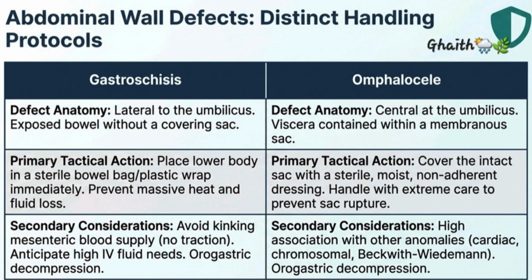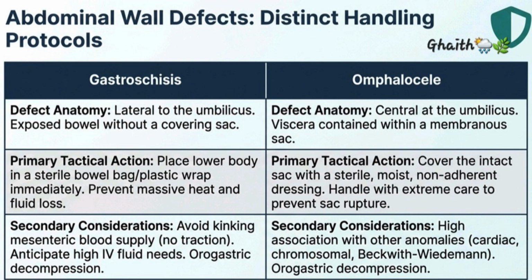Secondary considerations: avoid any traction that could kink the mesenteric blood supply, anticipate high-flow fluid requirements, and place an orogastric tube for decompression. In omphalocele, the defect is central, at the umbilicus itself, and the viscera are contained within a membranous sac. Here the priority is the opposite of gastroschisis in one key way. You cover the intact sac with a sterile, moist, non-adherent dressing, and you handle the infant with extreme care to